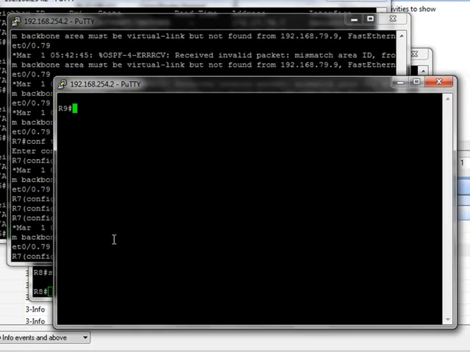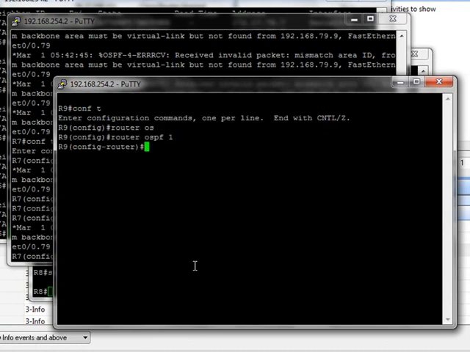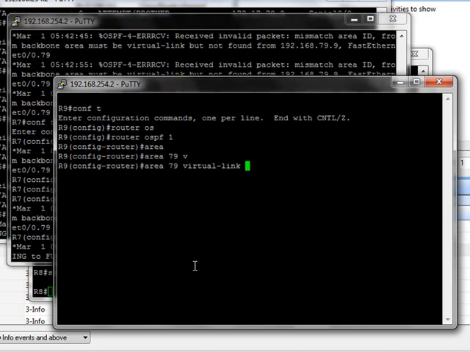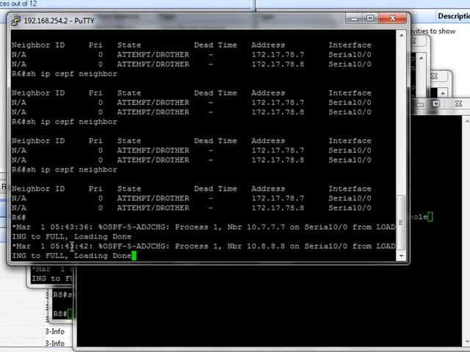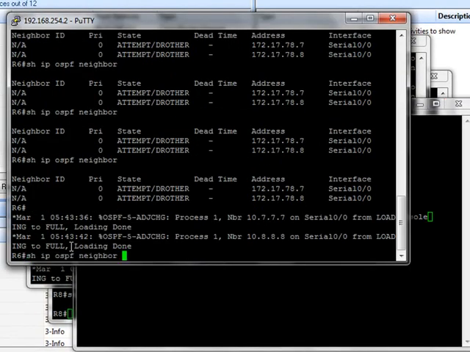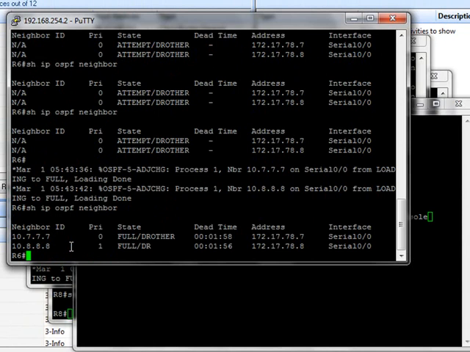Now let's go to router 9, configure terminal, router OSPF 1, area 79 virtual link 10.7.7.7. And notice now our neighbor relationships are back up, so we know neighbor authentication is working,